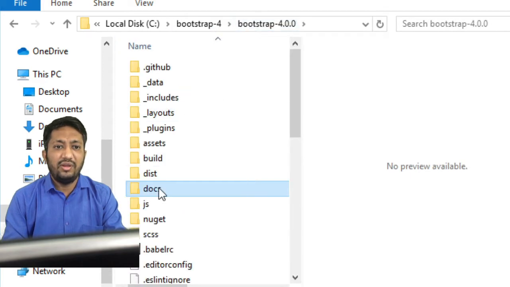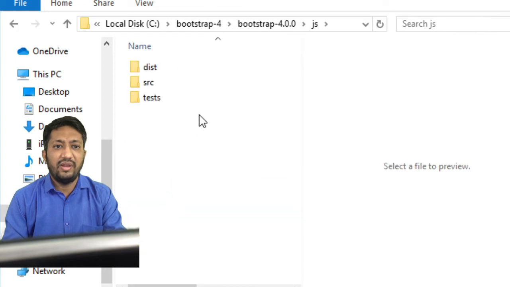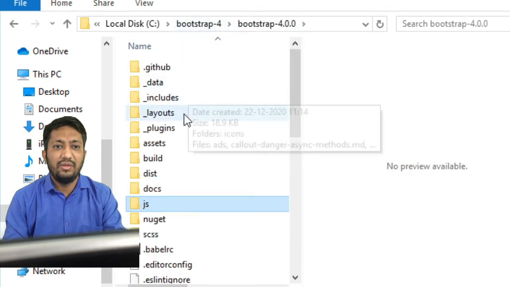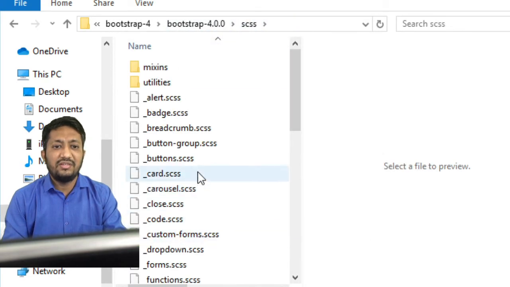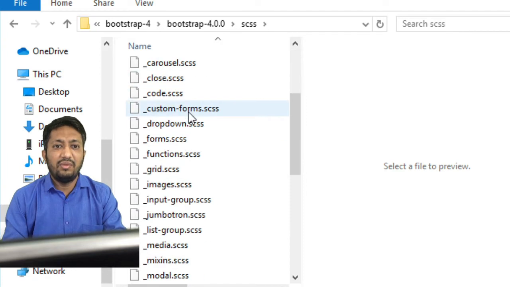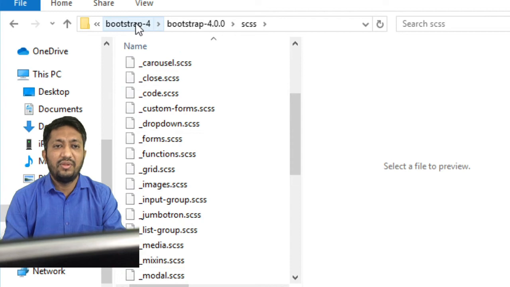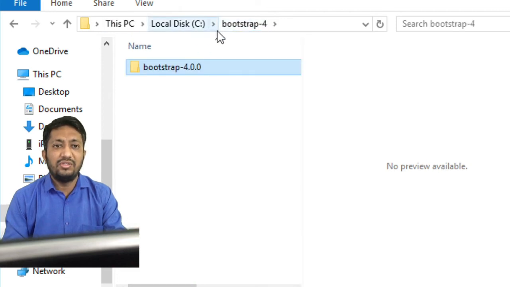Another folder is JS, which has the original source files of the JavaScript used by Bootstrap, and SCSS has a number of CSS files already used by the Bootstrap package. So this is the directory structure of our Bootstrap.